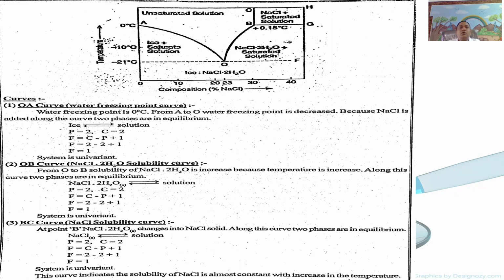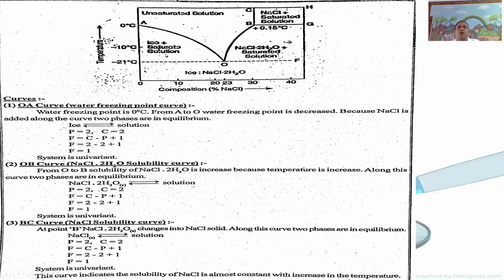Here, the number of degrees of freedom required to explain any one phase of the sodium chloride water system based on the reduced phase rule: P plus F equal to C plus 1, F equal to C plus 1 minus P, whereas 2 plus 1 minus 1 equal to 2, that is temperature and composition. Plot the graph between temperature and composition. Temperature is taken on the y-axis, composition is taken on the x-axis. The obtained diagram is called the phase diagram of the salt water system.